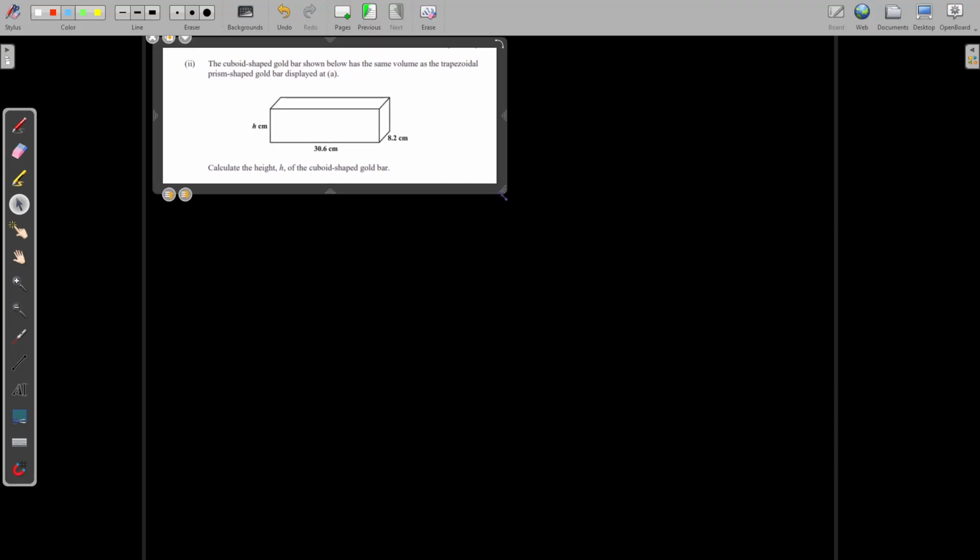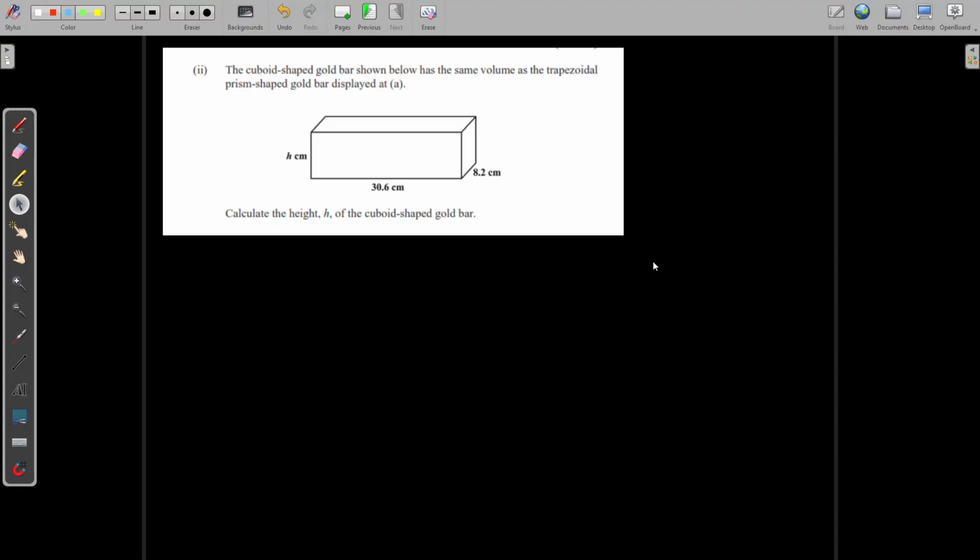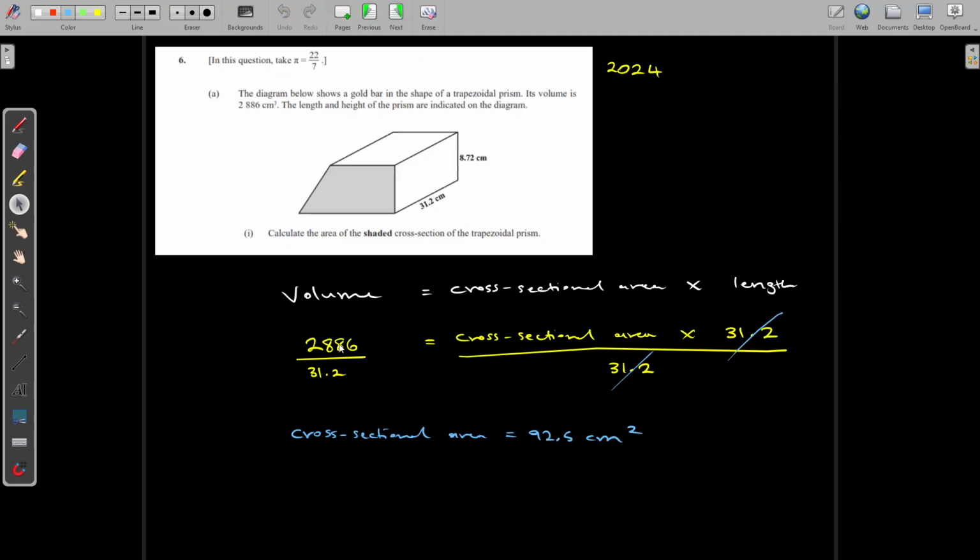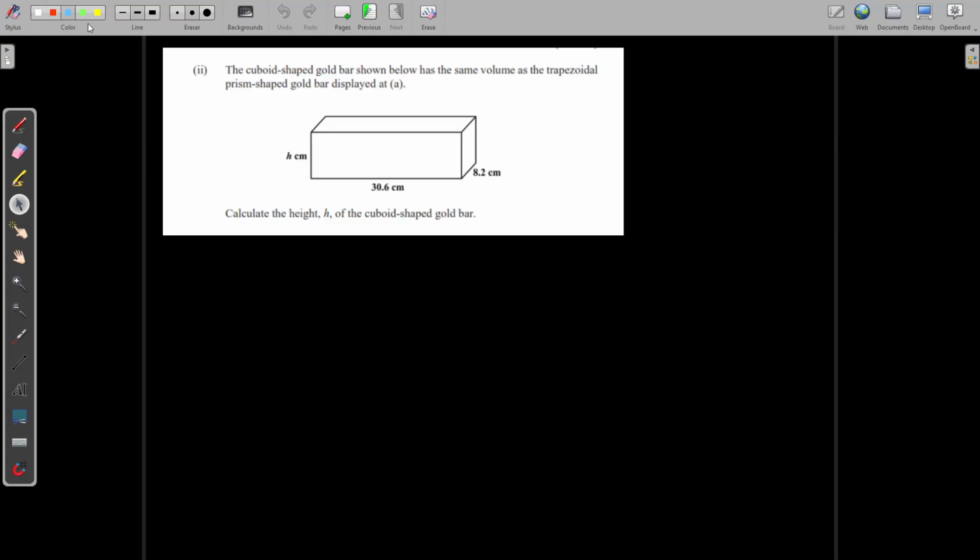Alright, so the cuboid shaped gold bar below has the same volume. Oh, it linked. So it has the same volume as the trapezoidal prism gold bar. Calculate the height of the cuboid shaped gold bar. So they say that it has the same volume. So the volume that they gave us for this one was 2,886 cubic centimeter. So that means the volume for this one